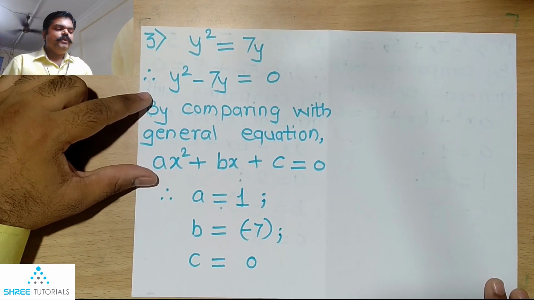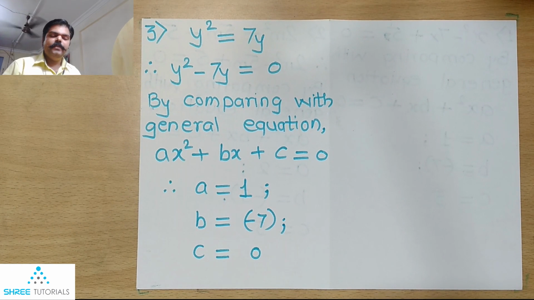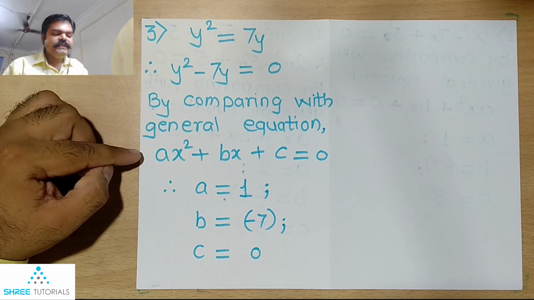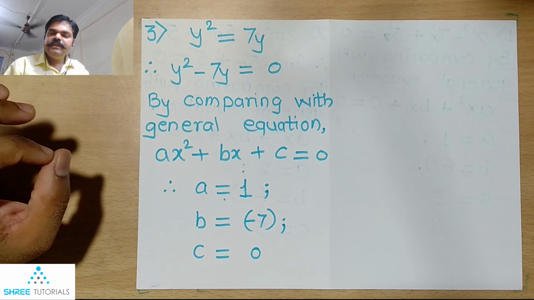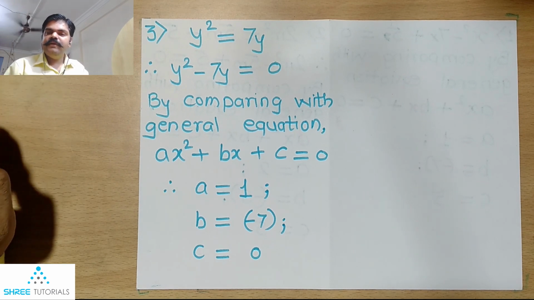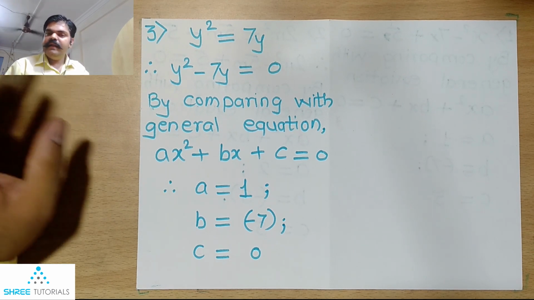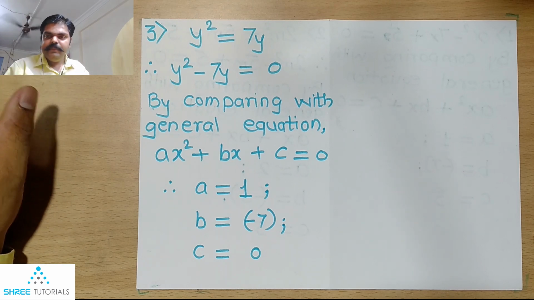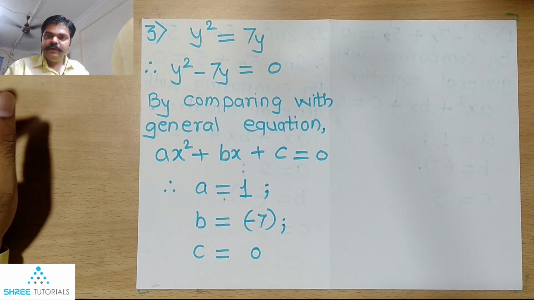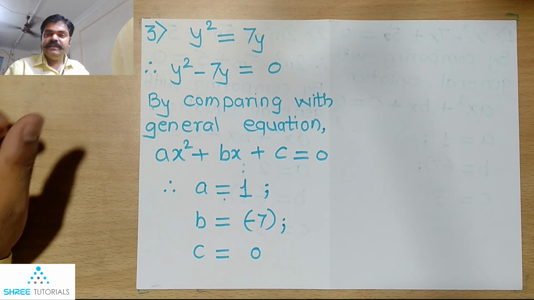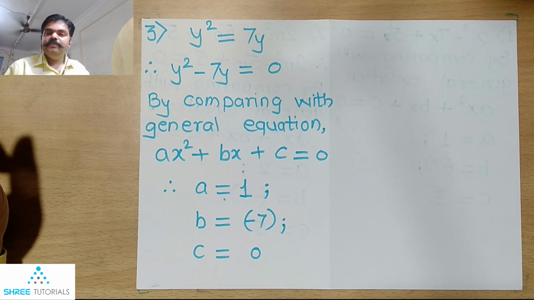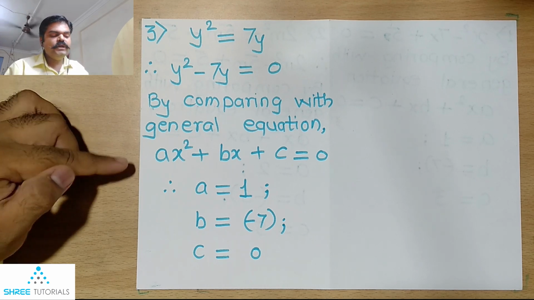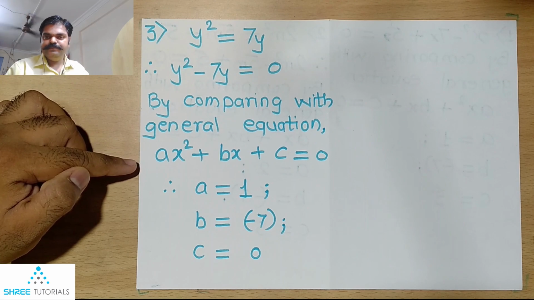Kindly note, here we have to remember that no matter what variable they use, we will always go ahead with the same general equation. Consider any variable they have given, whether m or y, that does not matter. A variable is simply a variable for us. What exactly that variable is simply does not matter, and therefore in the previous two examples, even though we were dealing with different variables, we were sticking to the same general equation.